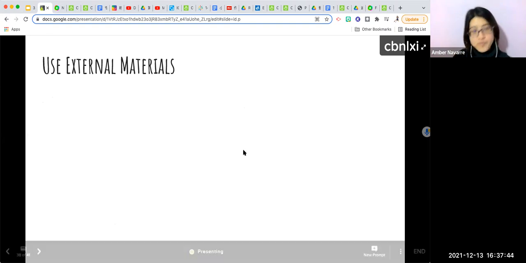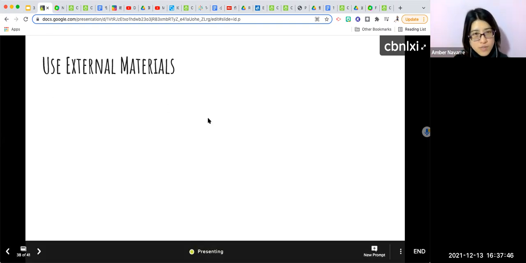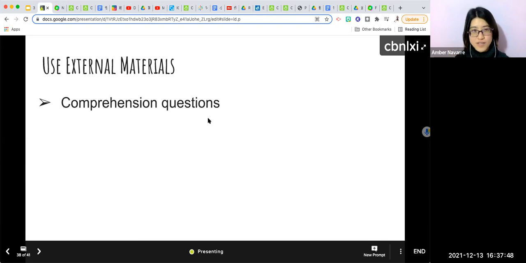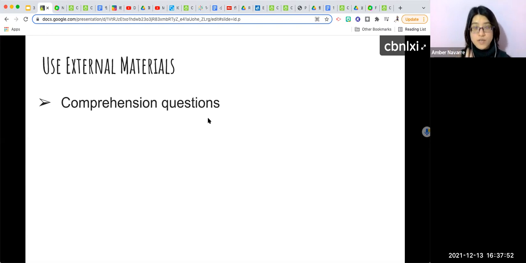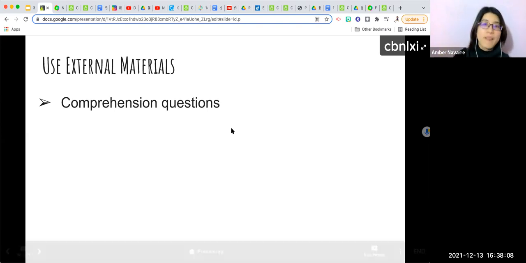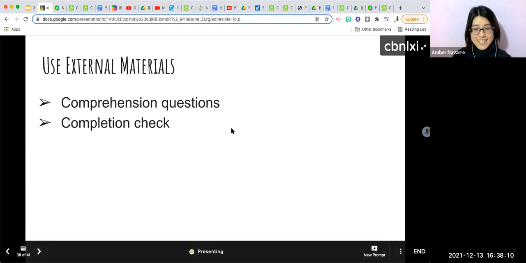So what do we do with this kind of online resources? When you use external materials, there are several things you can do. You can always have comprehension questions. If you want students to really understand everything in the material, you want to make sure they get it, right? So have them fill out comprehension questions after they process the materials. It doesn't matter whether it's reading or video or audio, right? But if that's not your goal,